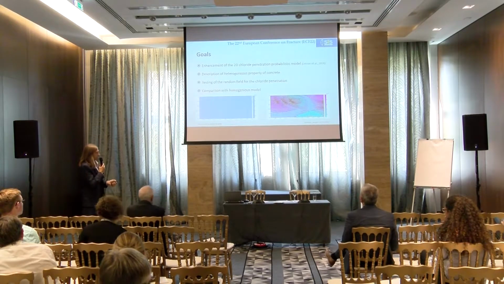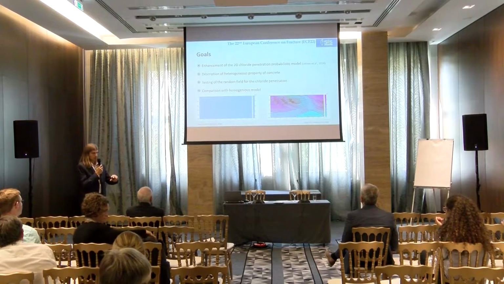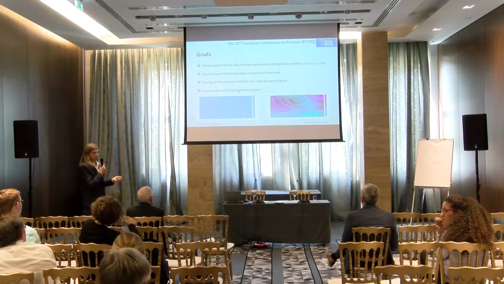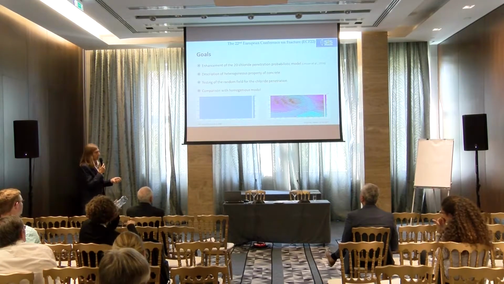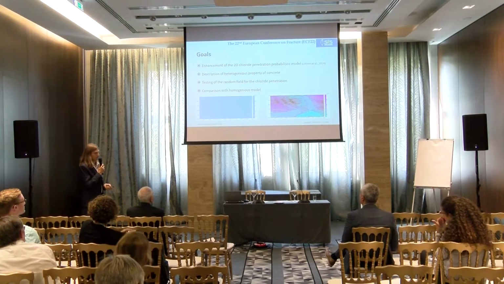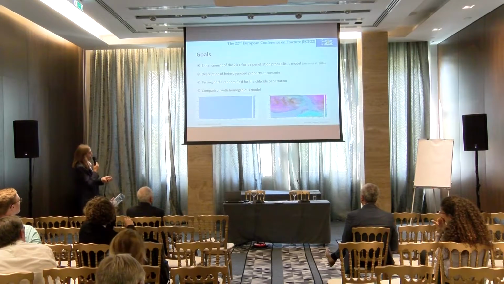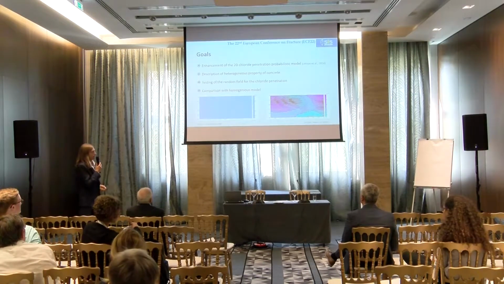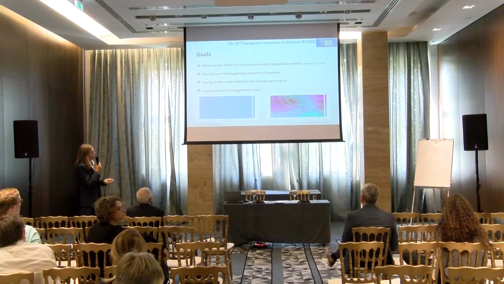And here you can see one Monte Carlo sample. Here is the homogeneous approach, material property, diffusion coefficient of concrete, of chlorides into concrete, and this is the variation of the diffusion coefficient controlled by the autocorrelation. This is basically a random field. So we try to enhance the 2D chloride penetration model built in our collective, try to describe the heterogeneous property of concrete, and